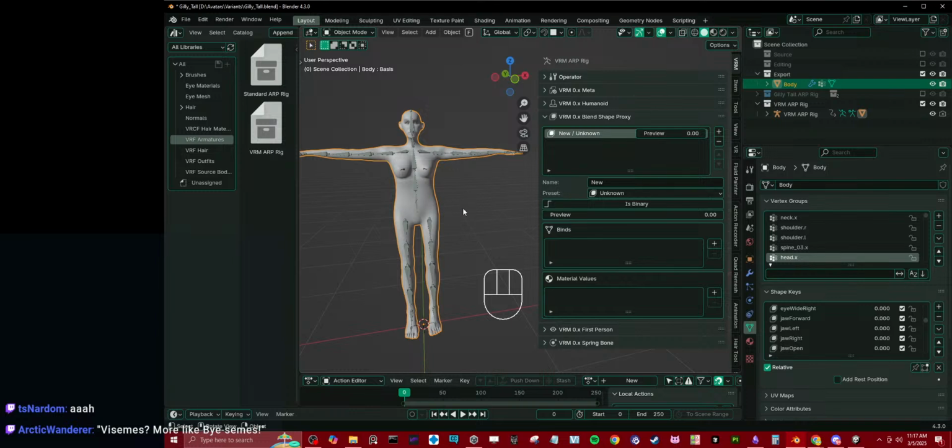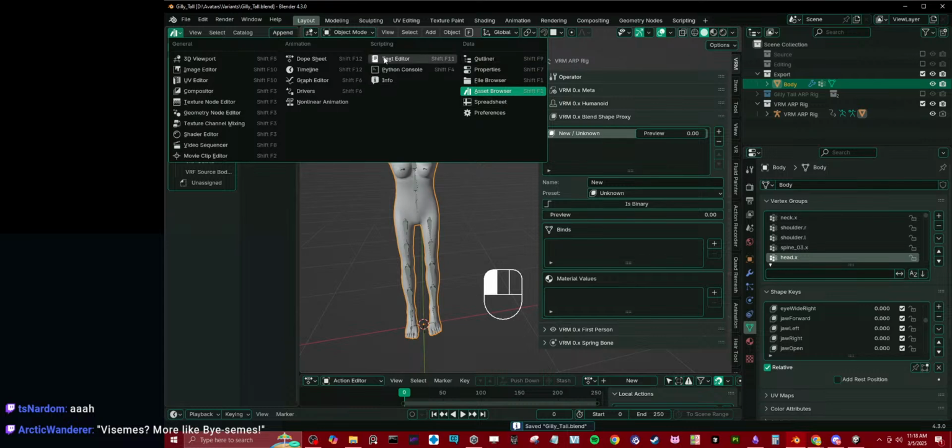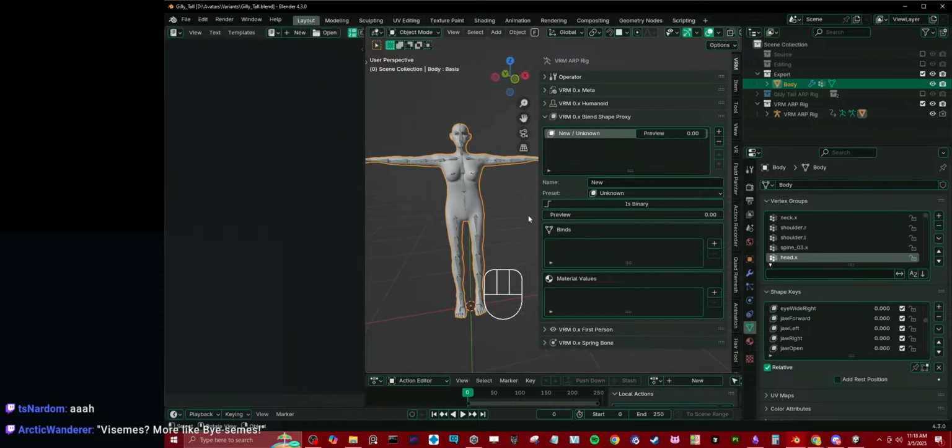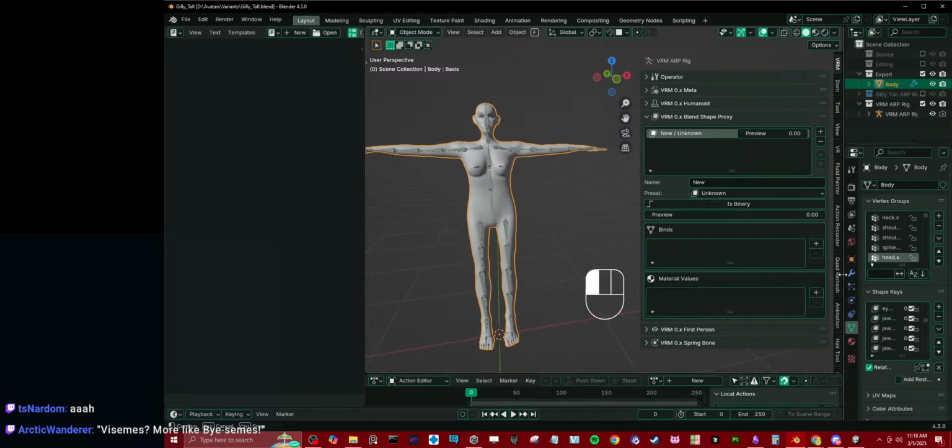Okay, so... Bi-seams, more like bi-seams. I like that. Okay. I have to do this to a lot of characters. There's no way in hell I'm going to do this by hand each time. So let's save this and let's open up our text editor. And let's try to make